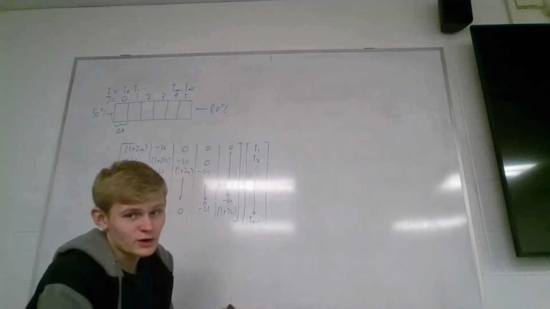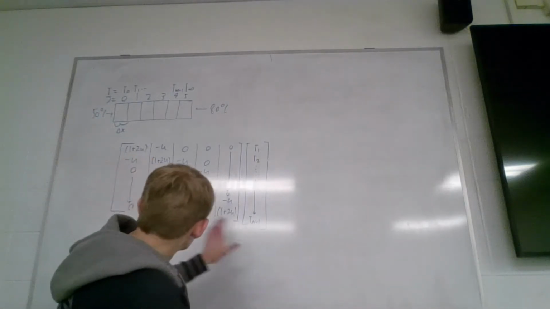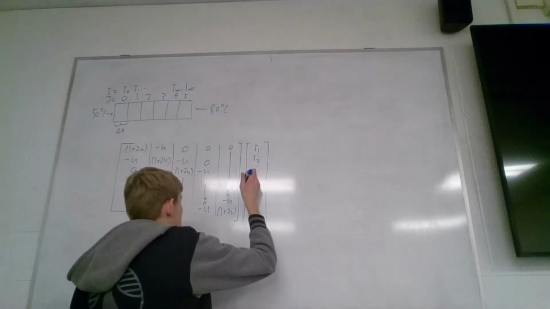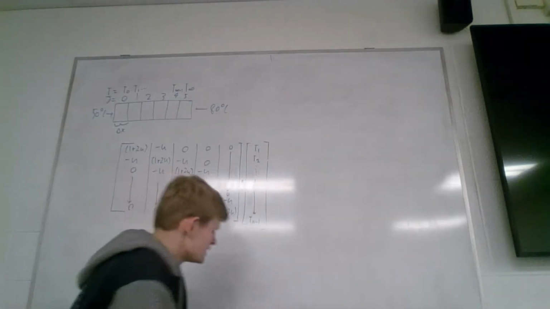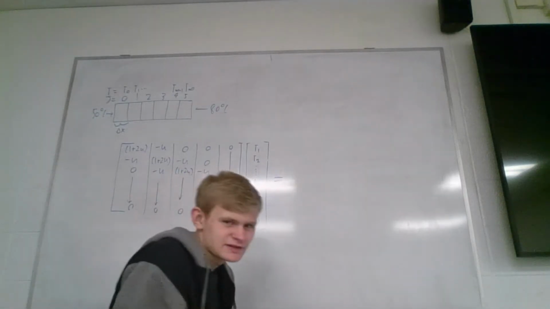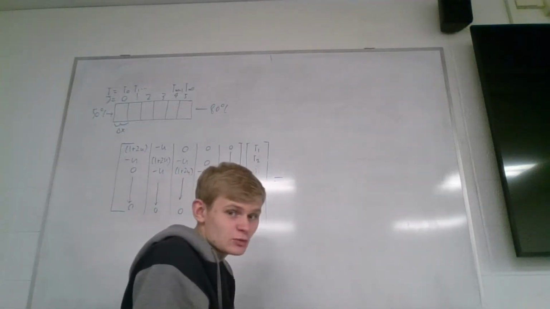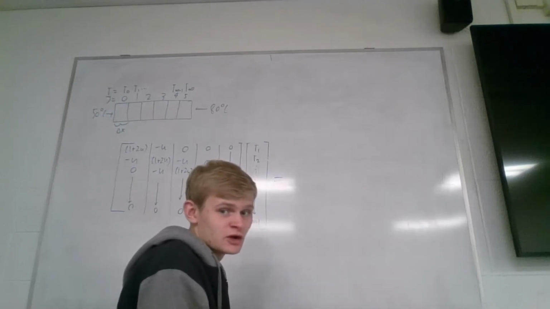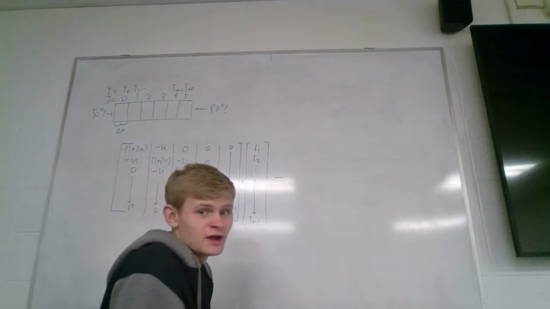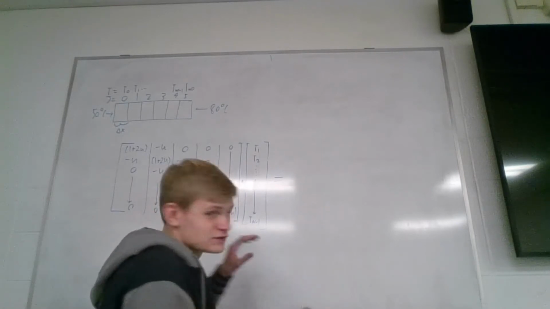Because we need to stop before it, because we don't have any more values to use at that point. So this is just our multiplication sign, and then this matrix multiplication is going to be equal to the right side of the equation, which was our positive u, and then our 1 minus 2u